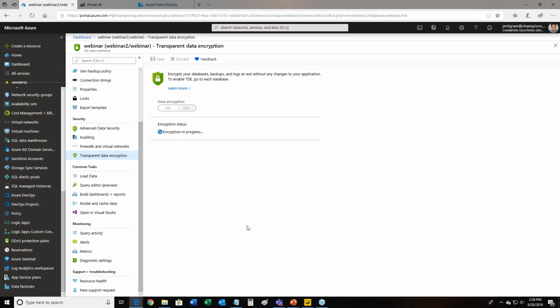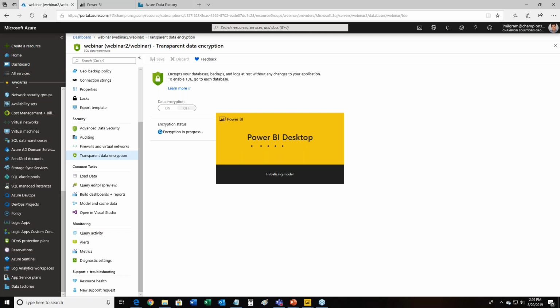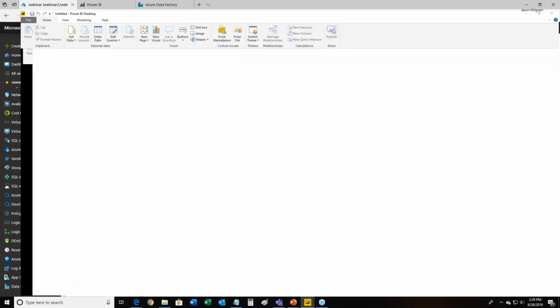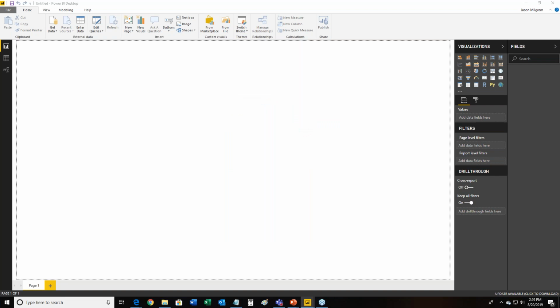Now, let's actually look at some of that data in there. And this will be a quick preview into Power BI. So as I mentioned earlier, I had a bunch of sample data already loaded. And I'm opening up the desktop version of Power BI. I'm clicking on Get Data.